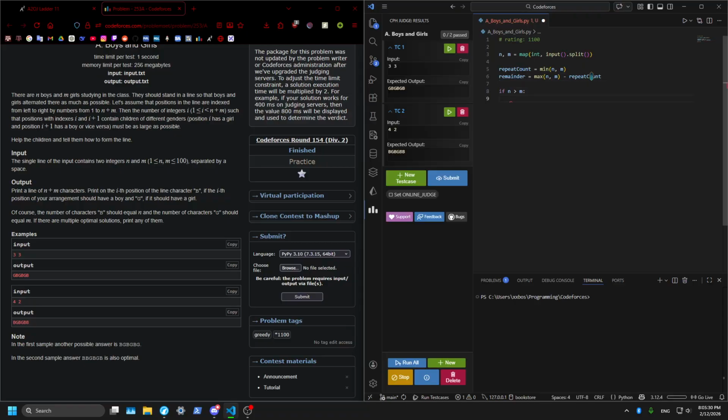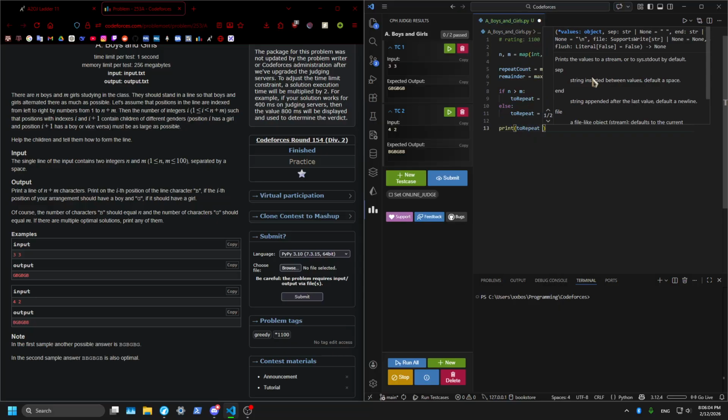So now we check if n is greater than m, we set to repeat equal to bg, else to repeat equals gb, and then we print